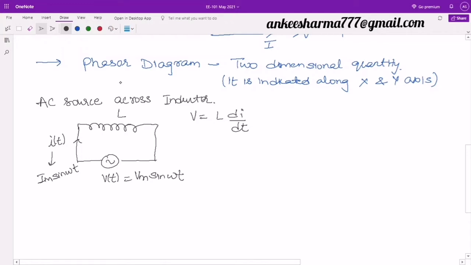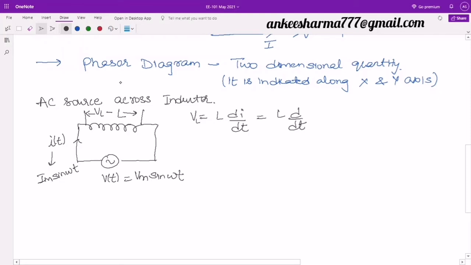Now if you look here, the voltage which will be developed across this inductor, I will name this voltage as V of L, which will be the same as this V of t because they are connected in parallel, but still I have used the VL term. So this VL is nothing but VL is equal to L di by dt, or I can write it as L d by dt of I.